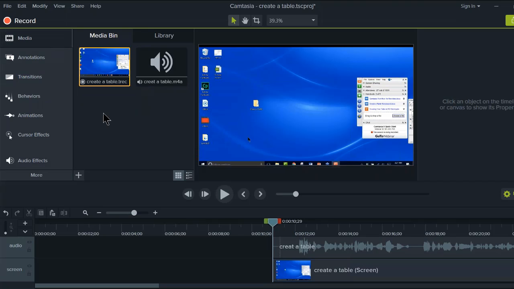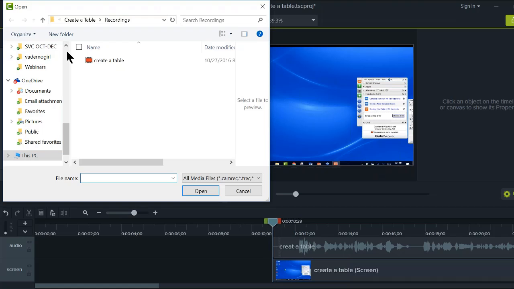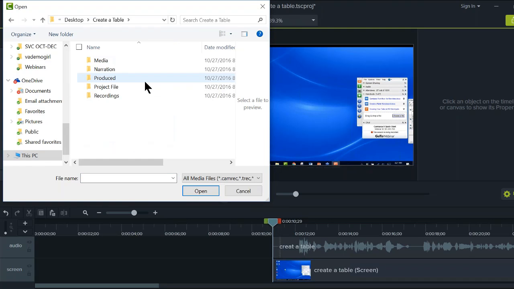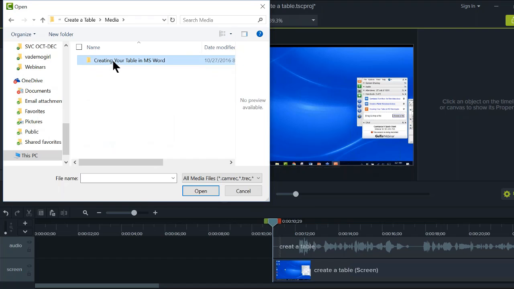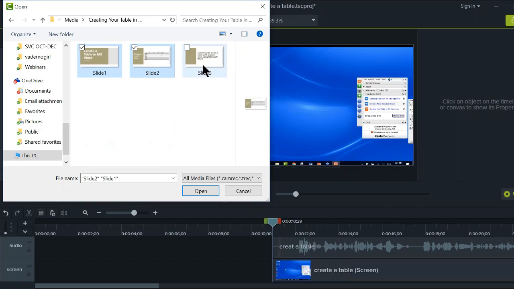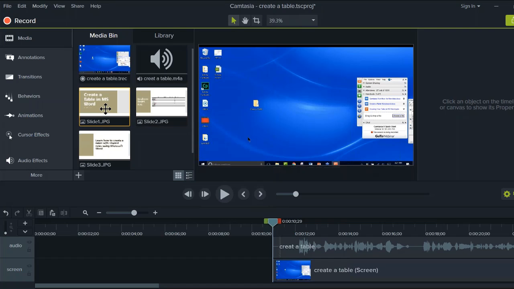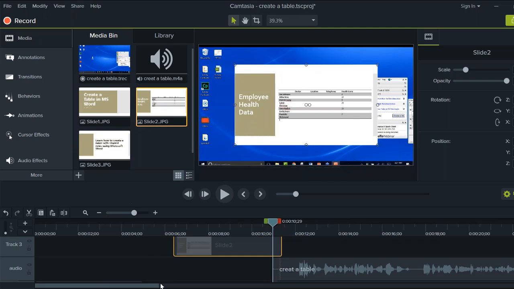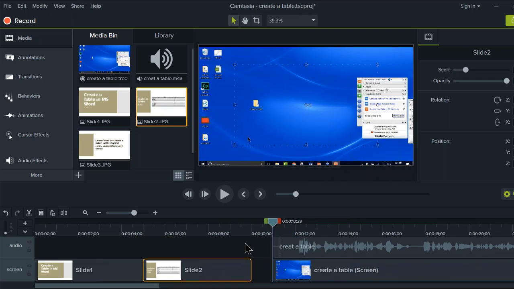I'm going to go to the media bin, right-click, import media, go back to my folder, find those PowerPoint slides. There they are. Using the shift click, I've selected them all, bringing them all in. I'm going to bring them down one at a time. Slide 1, slide 2, and oops, I didn't leave enough room for slide 3, but that's okay because